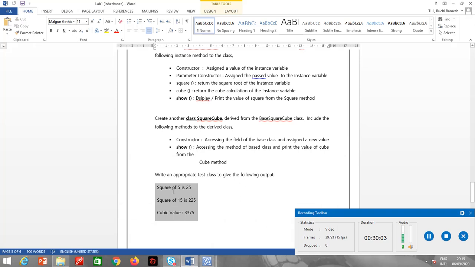Now in this question, if you see, output is also given, so I must have the same output.